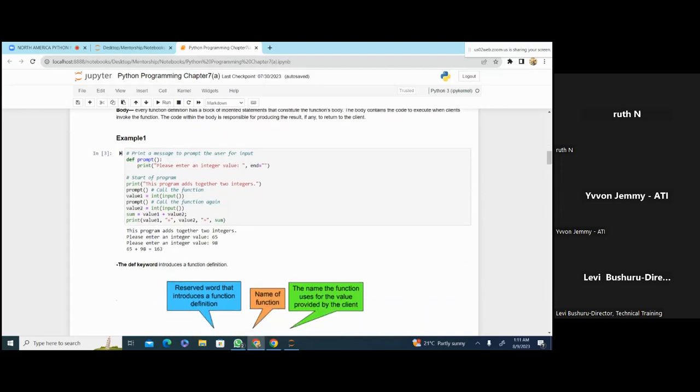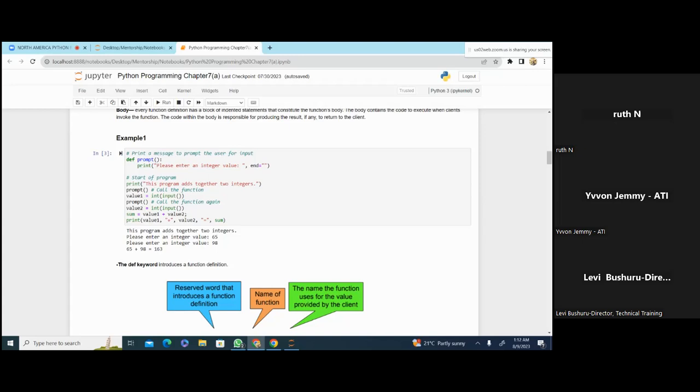The first example of how you are going to define your function and give it a body. For example, you want to make a program that will prompt the user to enter two numbers. And after it has prompted the user to enter two numbers, it does the computation of those two numbers and gives the results. How will you make such a program? The first thing you have to do is